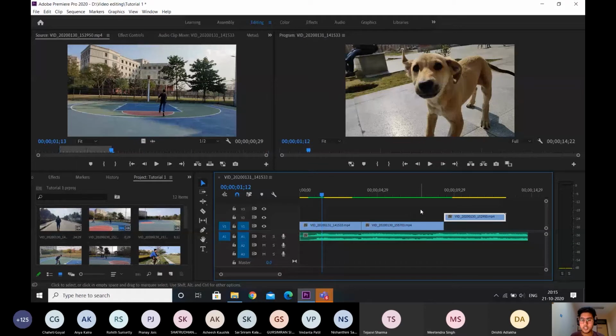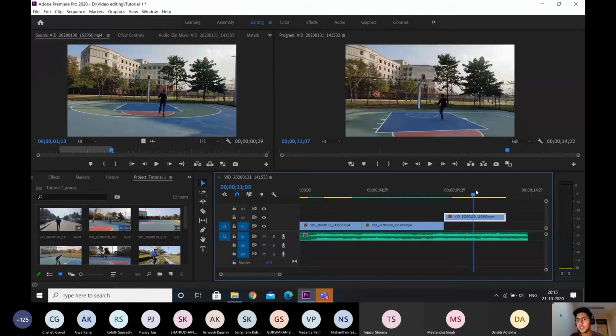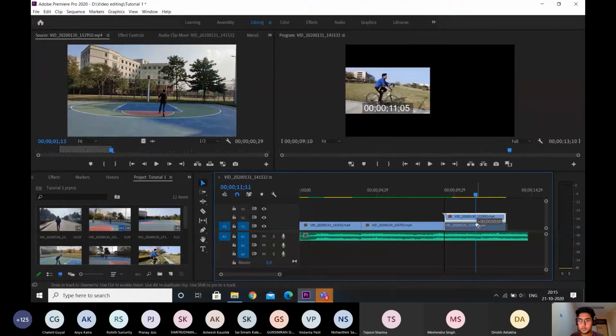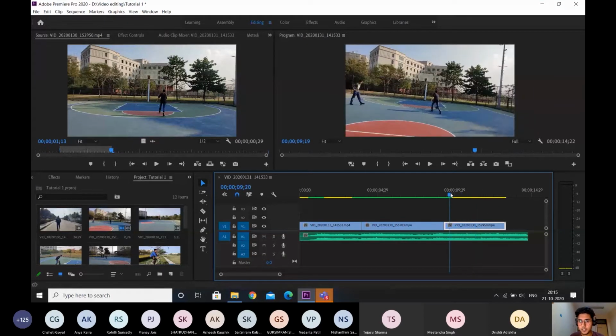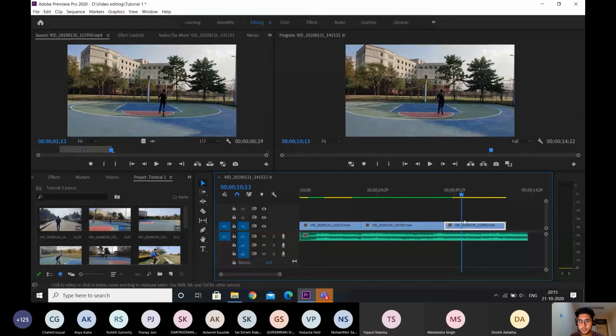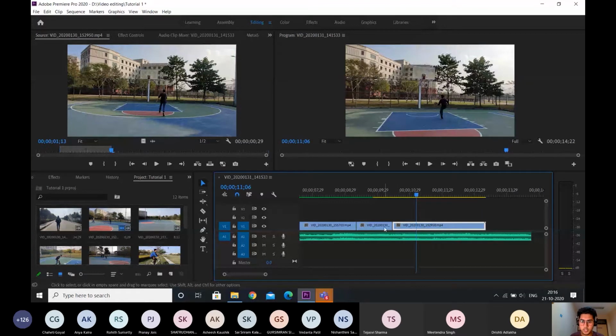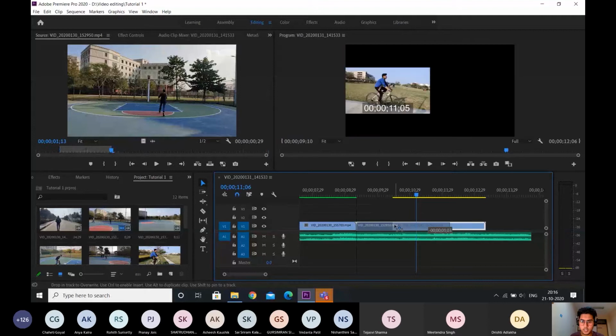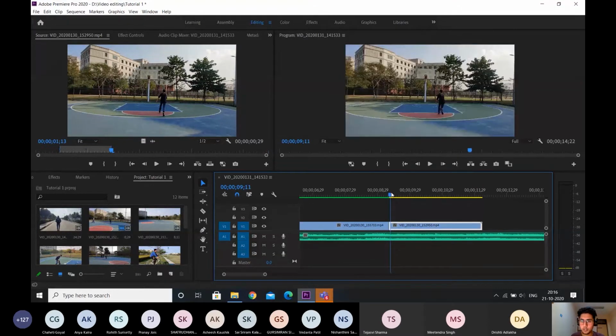Now we'll go to the cut tool. So what the cut tool does is, basically if I don't want this entire video clip, I can cut some part of it which I do not want. So suppose I want the video to start from here. So I'll just cut over here. I'll press C to activate the cut tool. It's actually called the razor tool. And in the timeline, I'll zoom in a little bit. Alt plus scroll up gives us a zoom in effect. So yeah, I'll click on top of the point where I want to perform the cut. And in this case, the cut has been made over here. I'll just delete the previous part. I'll drag it back. So now the video starts from where I wanted it to be.